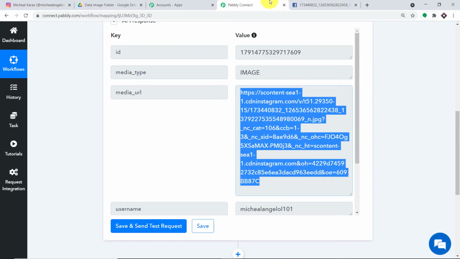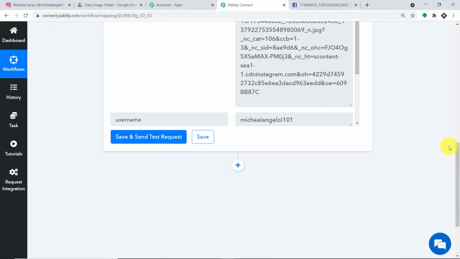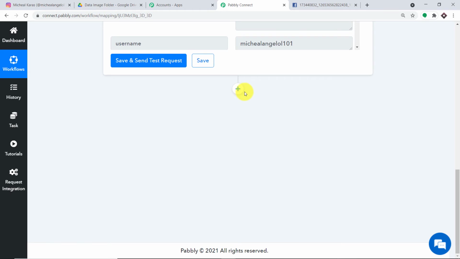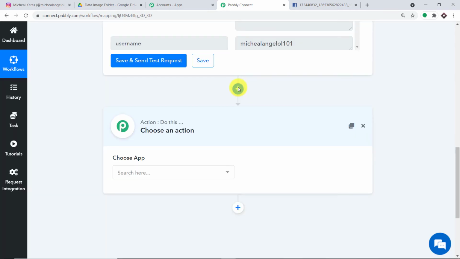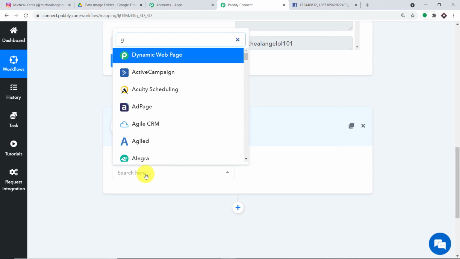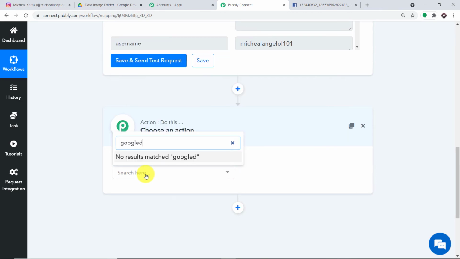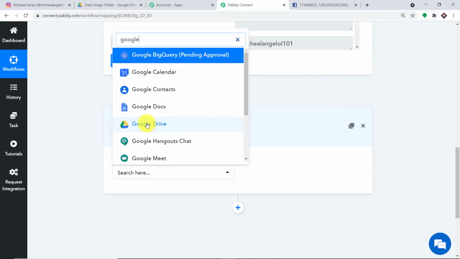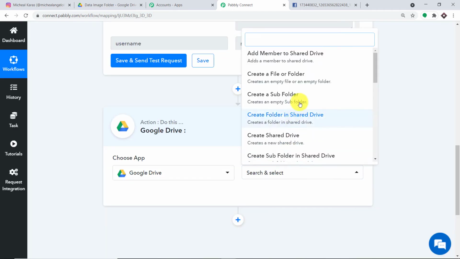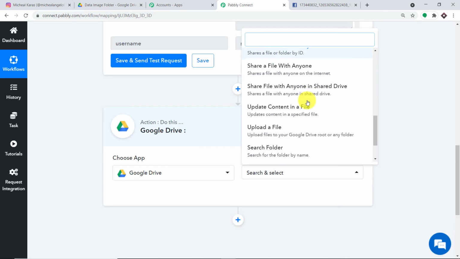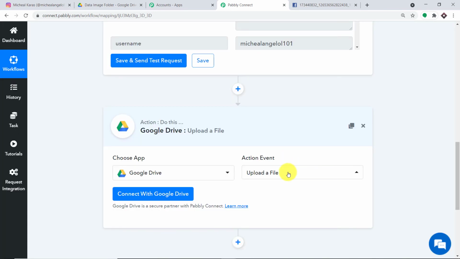So using this image, we are going to share a file or save a file in Google Drive. Okay, so basically to introduce Google Drive in Pabbly Connect, let me introduce one more window. This window is called the action window. Now in the choose app, how about we make it Google Drive? Google Drive it is. Now in the action event, how about we make it upload a file? Let me look for upload a file. So this is the one, upload a file. Okay, so upload a file is an action event.